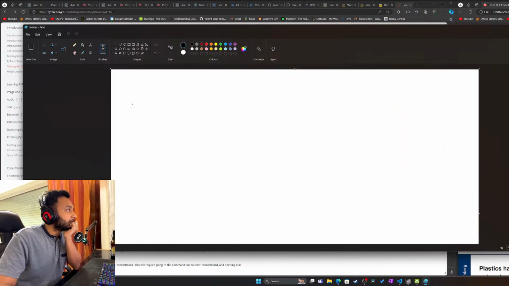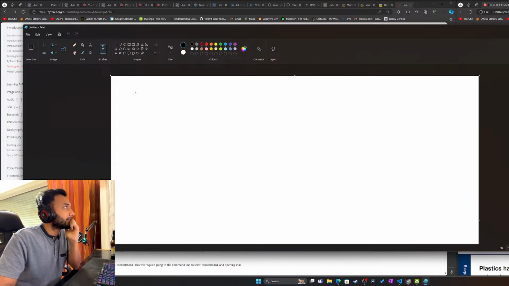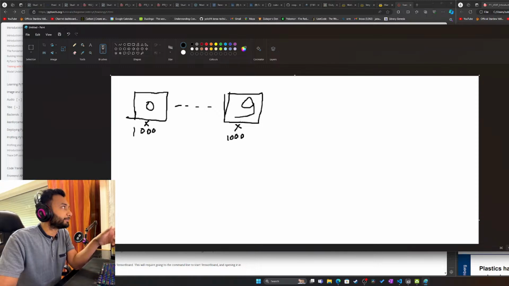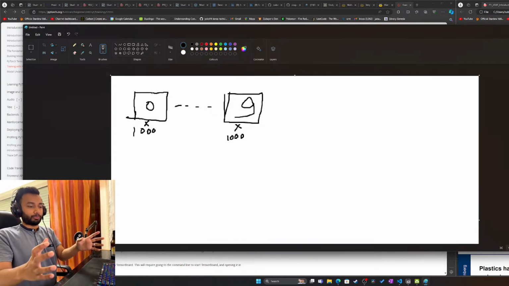Okay. Supposing you have the data, and suppose the data is the MNIST data set, which has the images of zero all the way to nine. So you have a lot of data, like 1,000 of these images, and then 1,000 of these images. So you've got a lot of images in the data set. Okay, so if we gather all of the data in one folder and then start iterating through it,